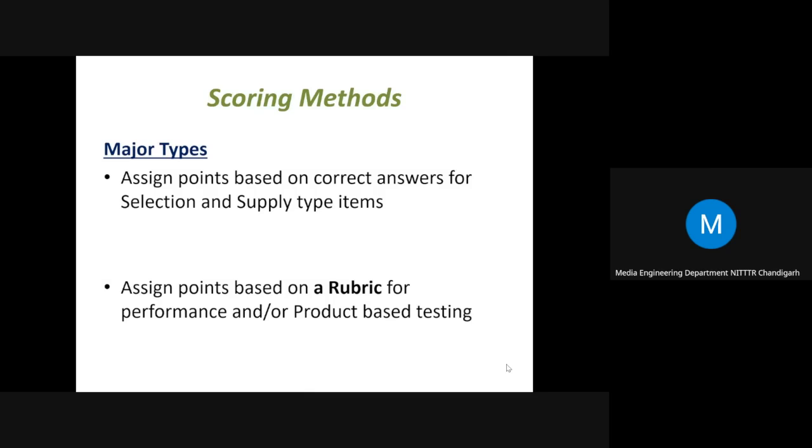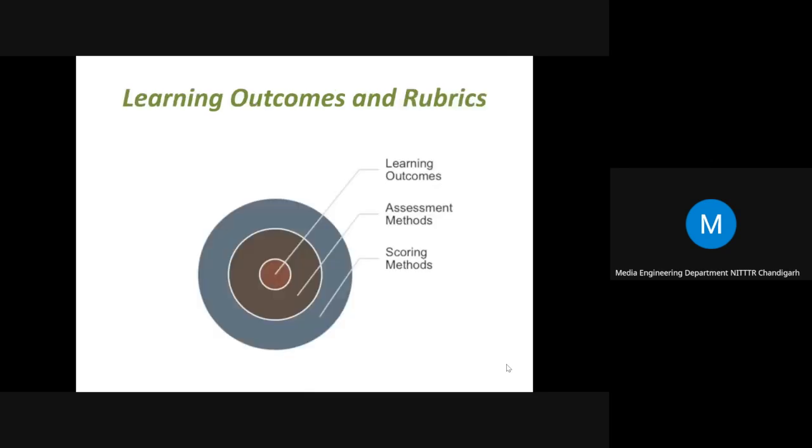Rubrics are also one of the very important tools from the outcome based education point of view. OBE also recommends that we develop rubrics. That's why rubrics are very important in the context of OBE or NBA accreditation.